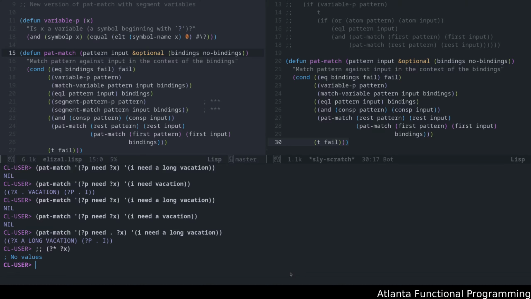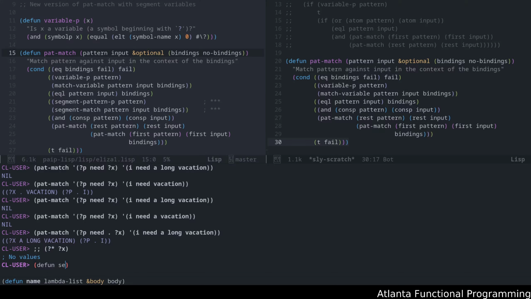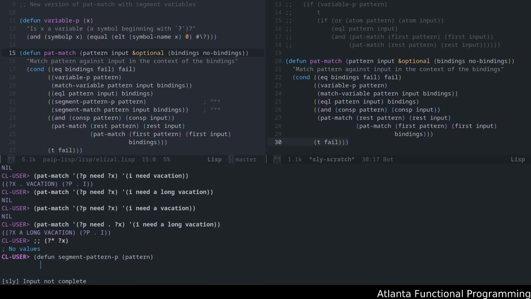And you could see this simple predicate, this segment pattern predicate, and I can just write it up here. It's nothing more than, it's already written, but I could just show you quickly what this does. It basically does one thing. It checks to see if the pattern that's passed in is a cons pair,